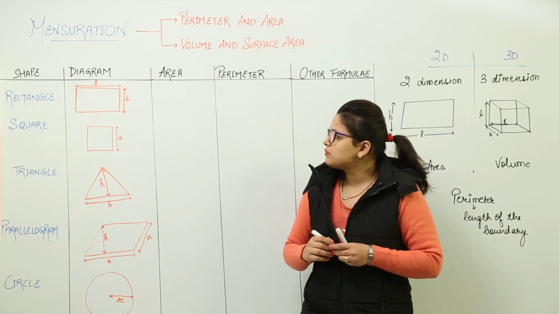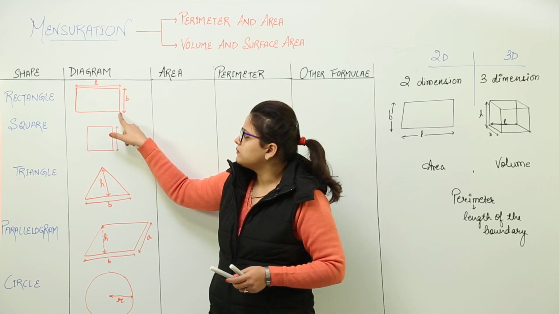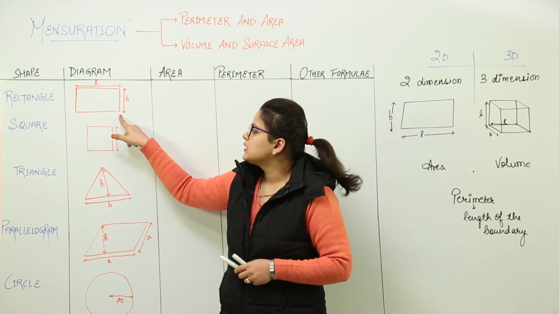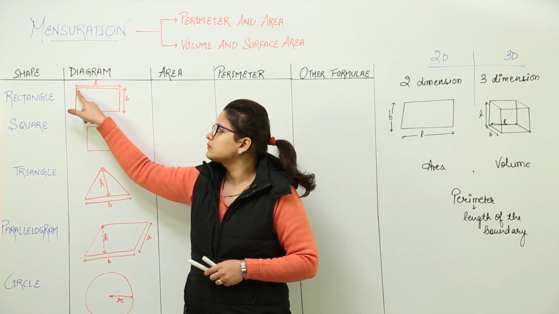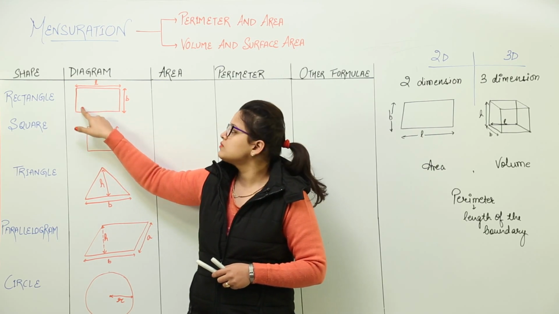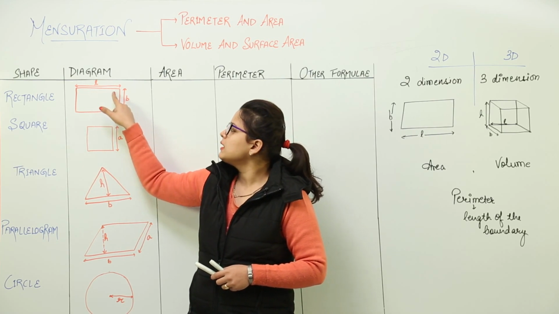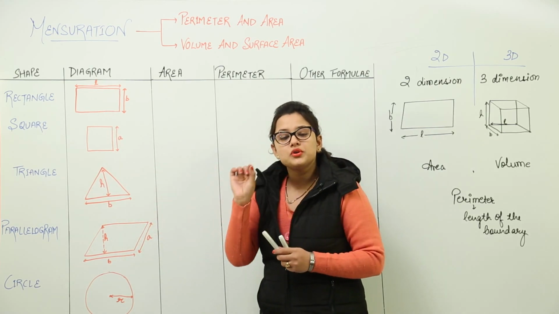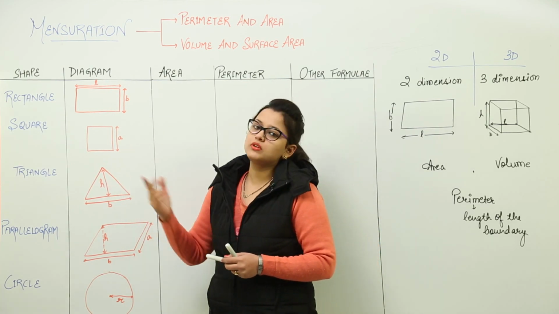For example, I would say, take this rectangle. If you start walking from this point and you want to come back to this point, how much length do you have to travel? That will be my perimeter. That would be B plus L. Again, both the opposite sides are equal for a rectangle. So this will also be B and this one will be L again. So the perimeter for this would be B plus L plus B plus L. That means how much distance you are traveling when you are walking on its boundary. In simple words, it is the length of the boundary.